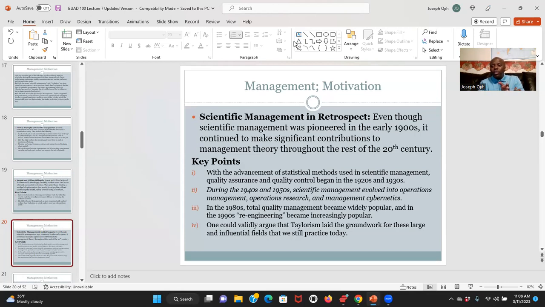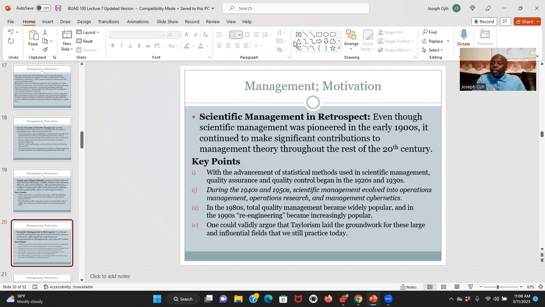So all these are actually new names for this scientific management method. In the 1980s, total quality management became widely popular, and in the 1990s, reengineering became increasingly popular. This means that the scientific management principles propounded in the 19th century, we still use them today. So it makes a lot of sense to argue that Taylorism, who is considered almost